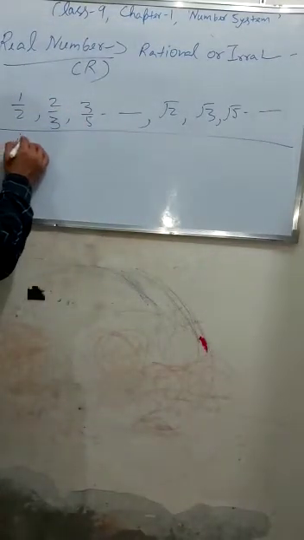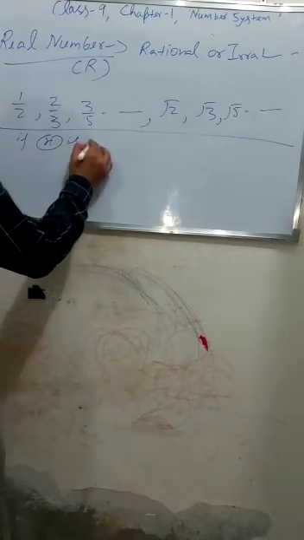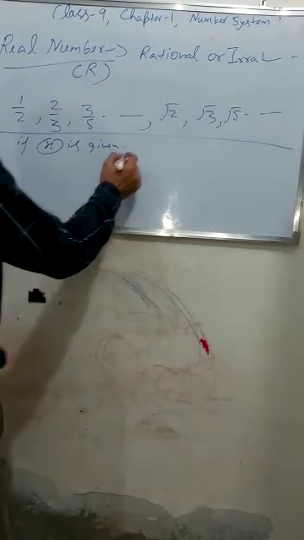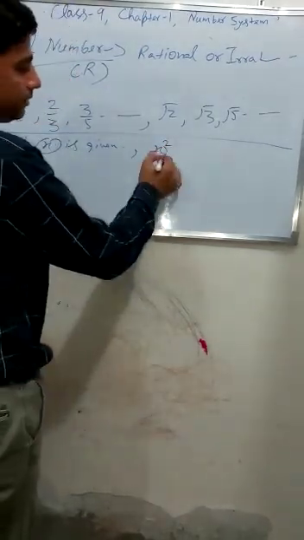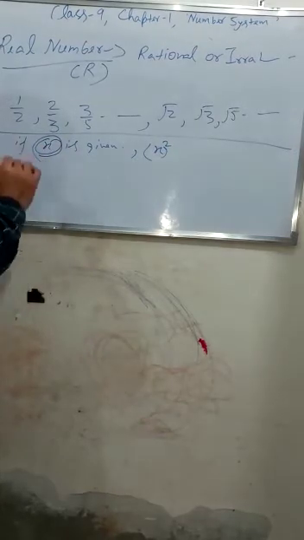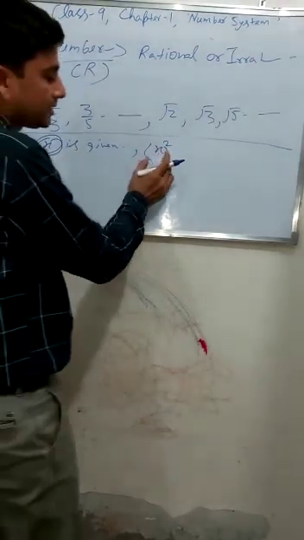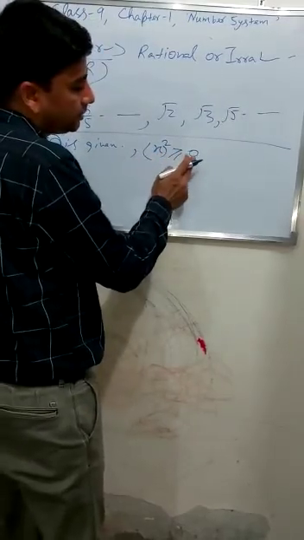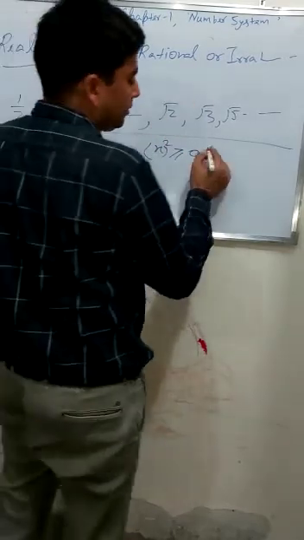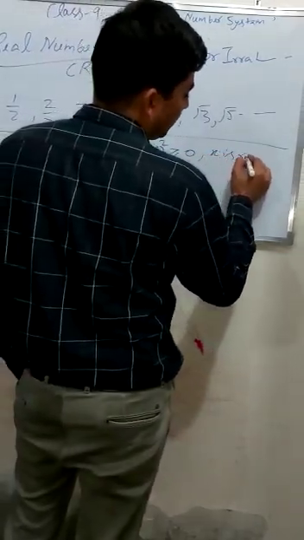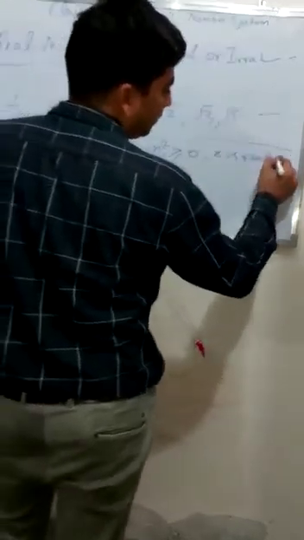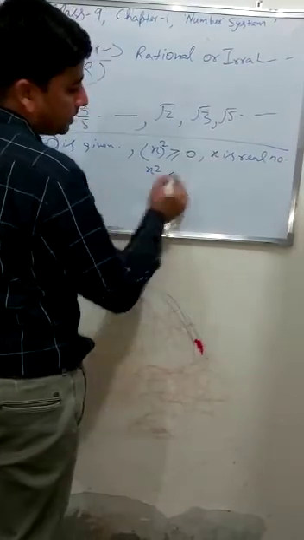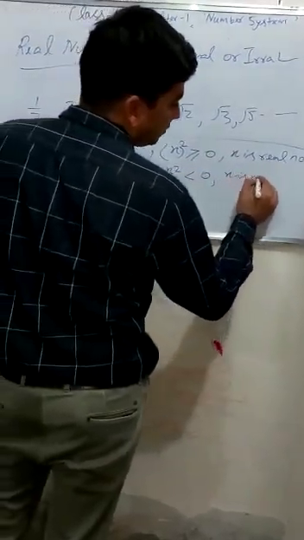Okay, so one thing I am telling you about real numbers: suppose x is given to you and you want to identify whether x is real or not, then what will we do? We will do its square, x square. If x square is greater than or equal to 0, either greater than 0 or equal to 0, then we can say x is a real number. Otherwise, if x square comes less than 0, then we will say x is non-real.